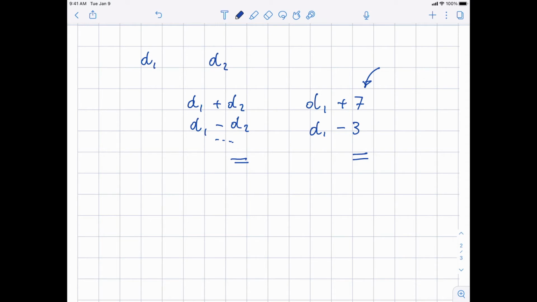As we write the code, here is a small consideration. If I have arithmetic dictionaries, D1 and D2, I want to be able to do the following. I want to be able to do D1 plus D2. I want to be able to do D1 minus D2 and so on for the other operations. And I also want to be able to do D1 plus 7 or D1 minus 3. So the right hand side of the arithmetic operator can be either a dictionary, as in these cases here, or a number. This will be very convenient. So I want this kind of implementation. Let us see how to achieve it.